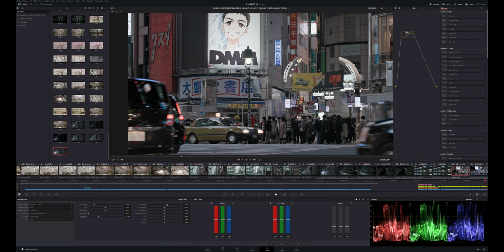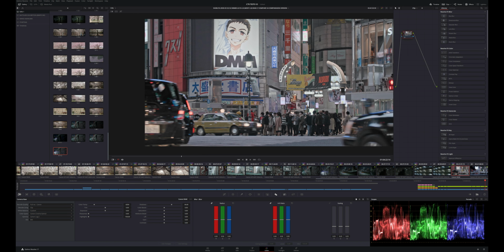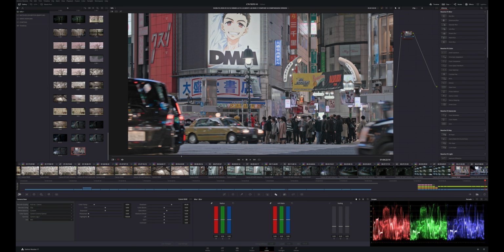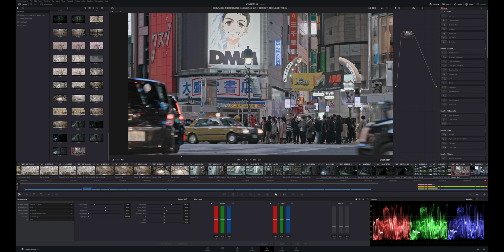Let's boost the shadows slightly. Like that. Bring the highlights down even more. Maybe that's a bit too much there. Could even mess with the ISO. But for now, let's just take a look at that. Let's add a little bit of saturation. So as you can see, if I reset that now, we went from this to this, which is